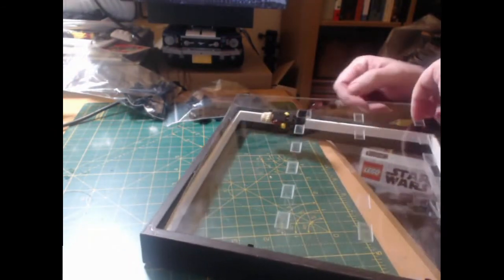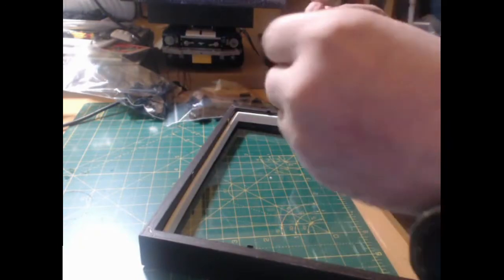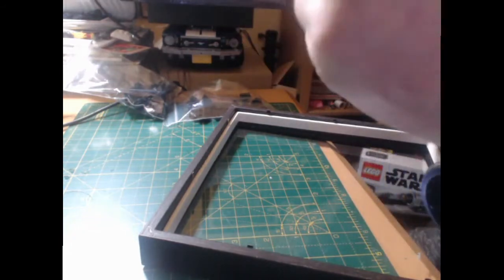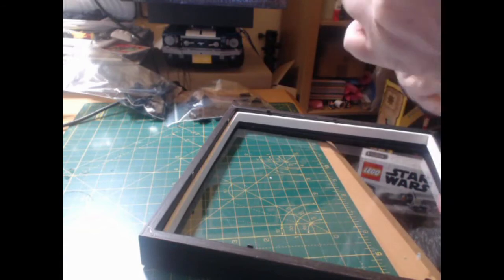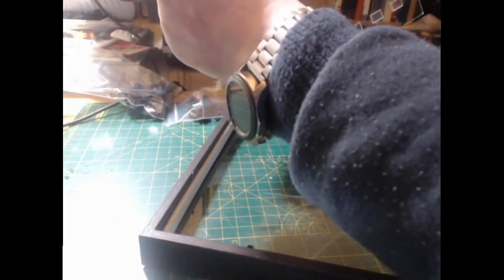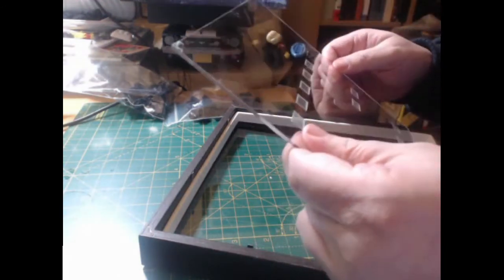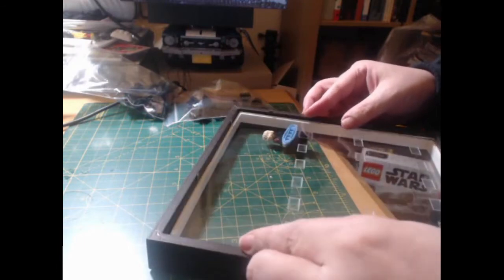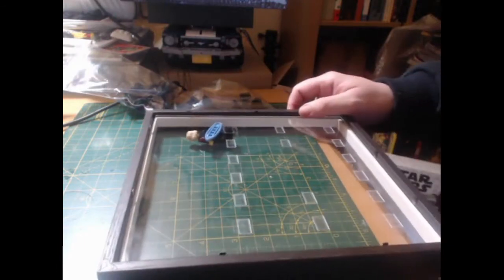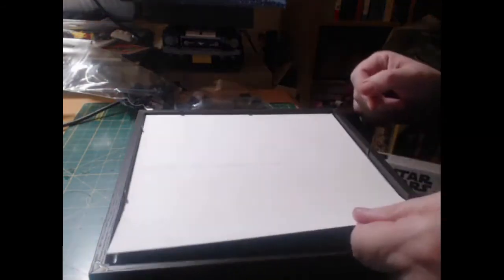I've got this surfboard, so I could probably just throw it on the ground. I could maybe slide it behind him like that. Oops. And obviously that will fall out instantly, so maybe I glue it, I don't know. Plonk that there. Oh yeah, no, that surfboard isn't going to work where it is, but for now it will, for the purposes of this. Then we put in the sheet, the backing sheet,